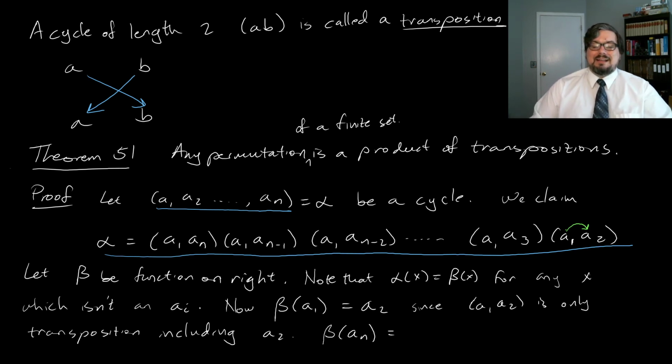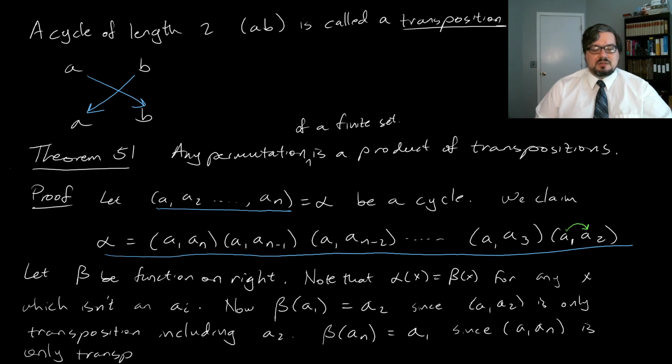Well, notice that A_n doesn't appear in any of the transpositions except the leftmost one, the last one. So that means A_n isn't going to change at all when you apply the first transposition to it, on the right, the second transposition to it, working all the way back. None of those are going to affect A_n at all until you get to the leftmost one. So beta of A_n is equal to A_1, since (A_1 A_n) is the only